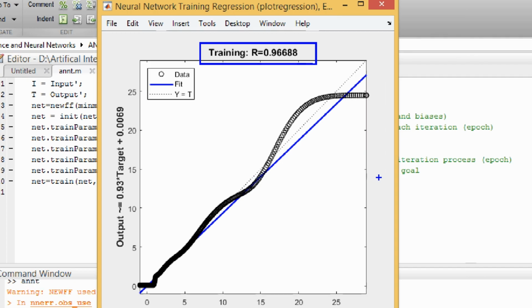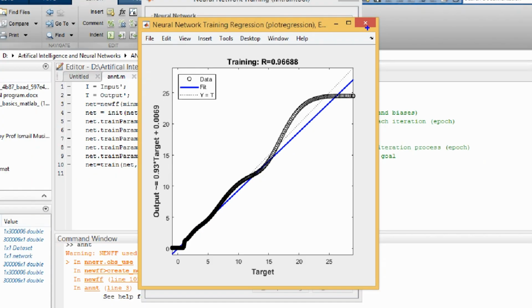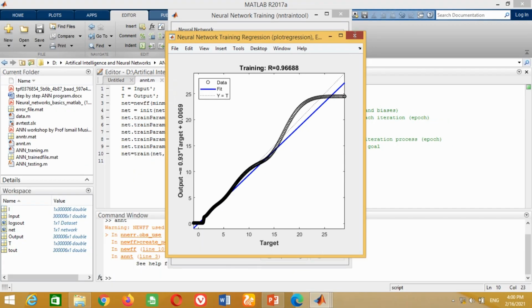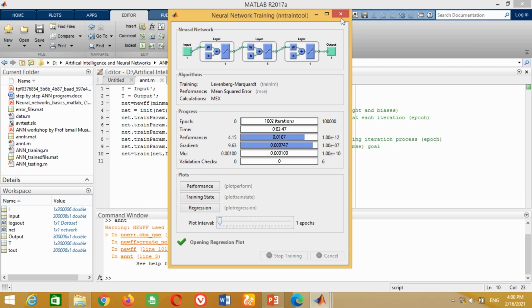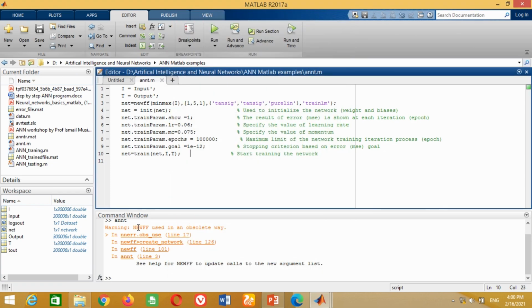is not successfully completed. Friends, as my intention is not to perform the successful training, but my intention is to teach you the whole process. Therefore, I am using this data in order to teach you the whole procedure.